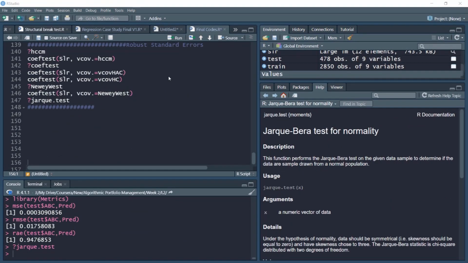Now that we have trained our simple linear regression algorithm and tested it for various econometric issues, we'll try to do some prediction using the test data. As a first step, we'll create a prediction object. Let's call it pred, and we'll assign the predicted values.